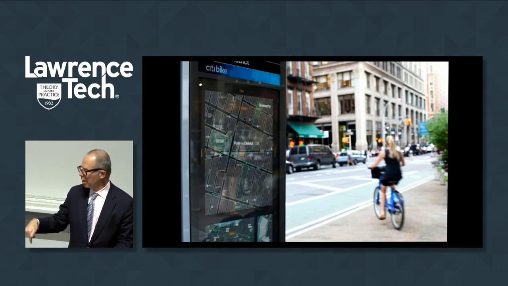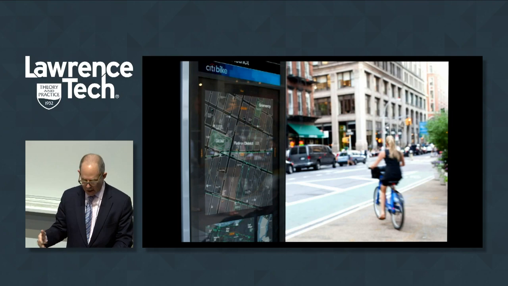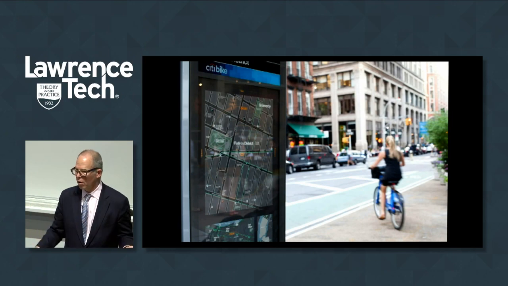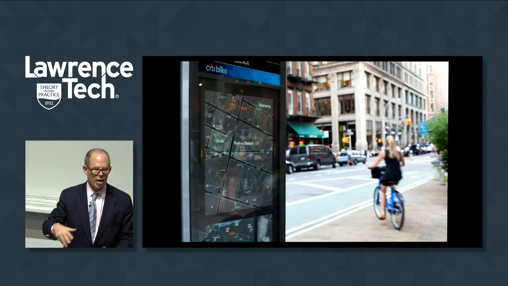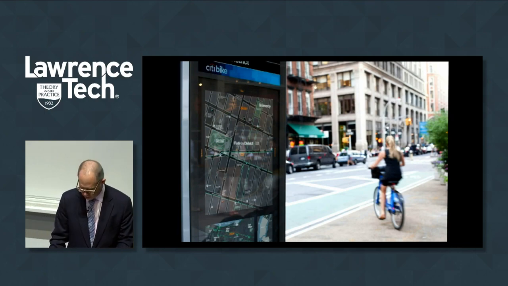When we showed that to people in our office, they all said this is the most insane thing in the world. It will never work. You showed it to people on the street and they get it intuitively. And it's because that's how it works on your iPhone. That's how GPS works. And GPS language has now overtaken conventional mapping language, I think, in terms of what our